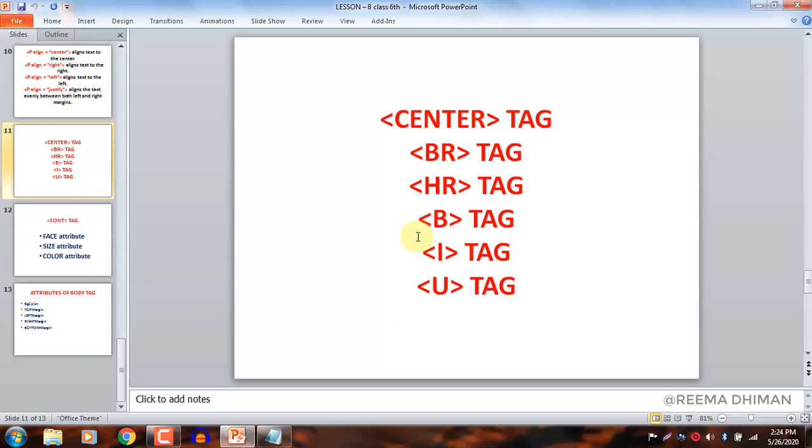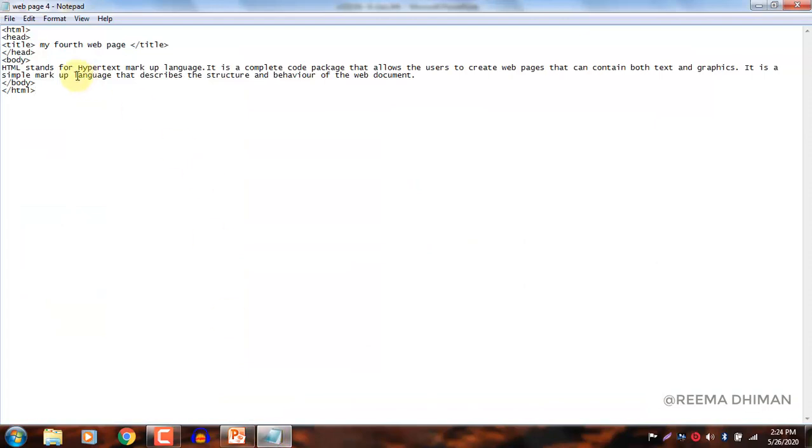So how does it work? For example, in this code, I will type the B tag. Clear? So this is a container element, so it has an opening tag as well as a closing tag.